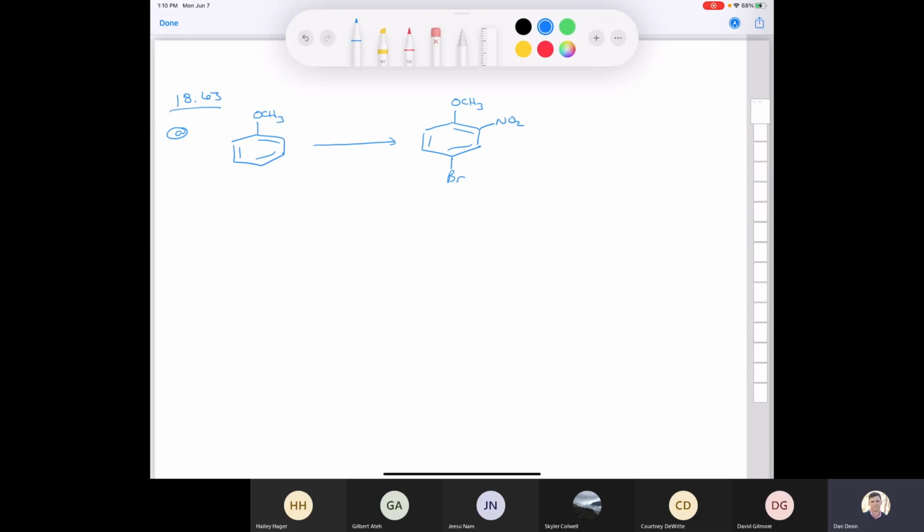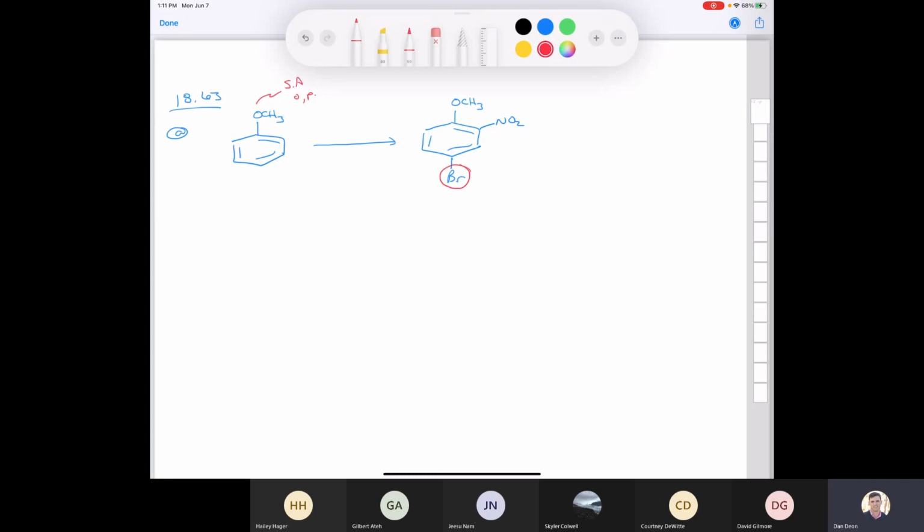Well, the thing that I notice is that we're starting out here with a strong director, or a strong activator, I should say. So here we have a strong activator, and it is an ortho para director. Now we have one substituent in the para position. However, if I was to install that first, if I put that substituent in the para position first,